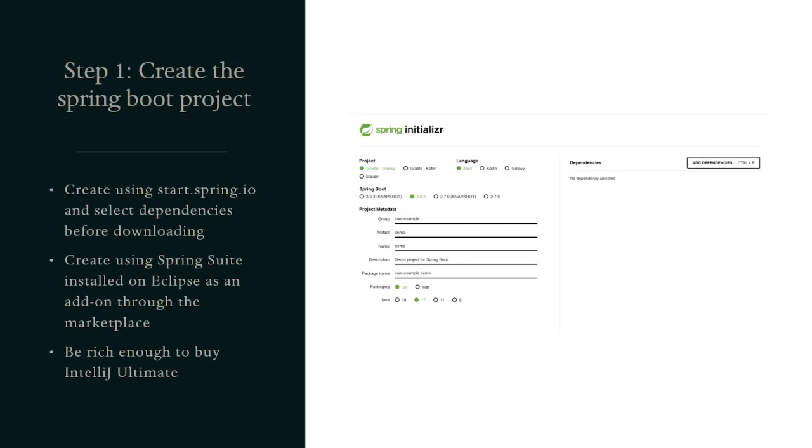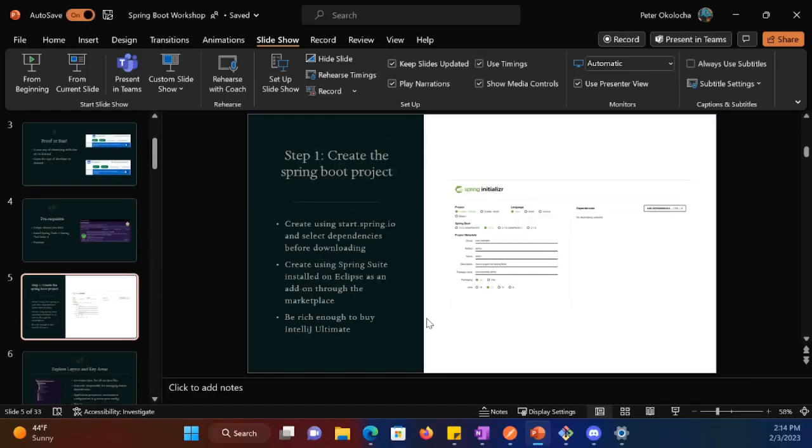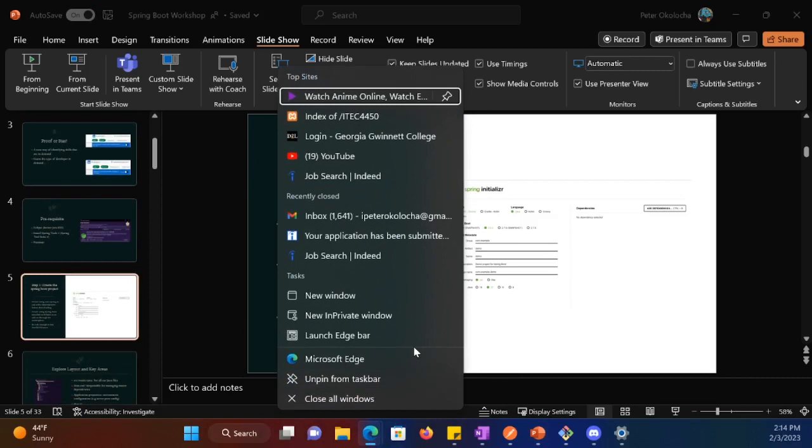So for starters, let's create the Spring Boot project. There are two ways we can create the Spring Boot project. First, we could go to this link, start.spring.io. If you go to that link, you should be able to customize your Spring projects, choose the dependencies you want and the language you prefer. Or you could also use the Eclipse tool that I mentioned. Let me switch my screen so that I can demonstrate how it should be. Bear with me. So let's go to